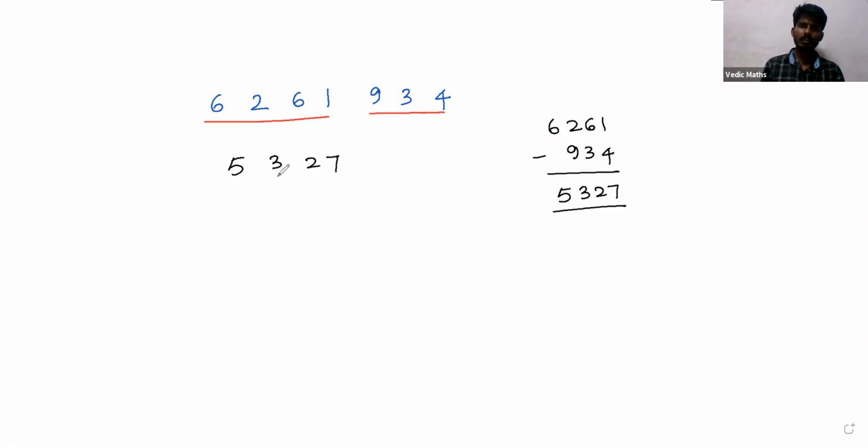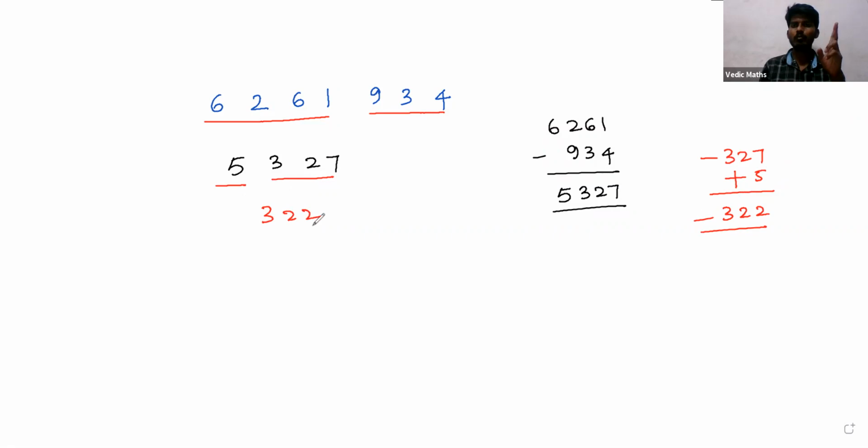Again, you select 3 digits as one group and the remaining digits will be one group. So when you are subtracting 327 from 5, you will get a negative. So ignore that negative. We are not focusing on the negative numbers. Even though we are doing subtraction, you are getting 322. So 322 is negative, but we are ignoring the negative. After that, this is a small number. So now we can perform any divisibility rule I gave.